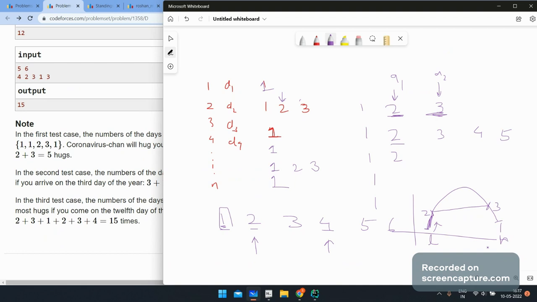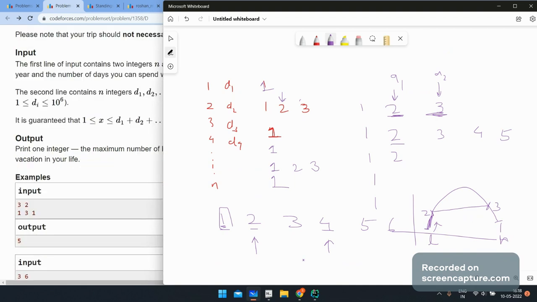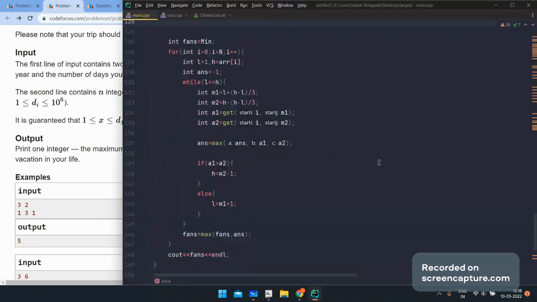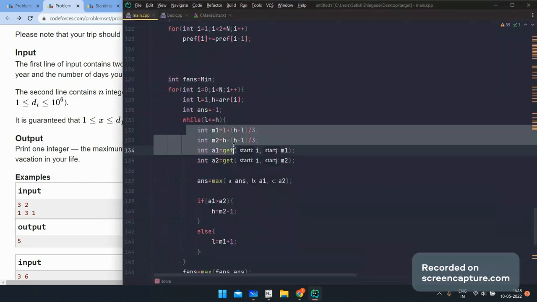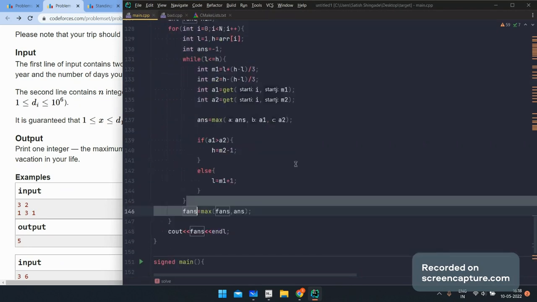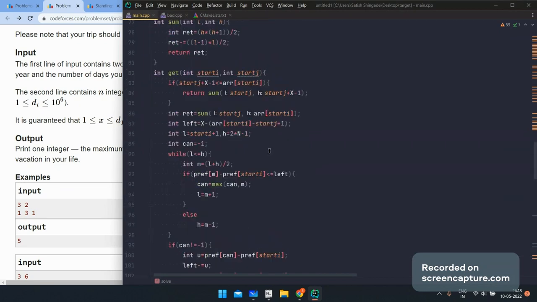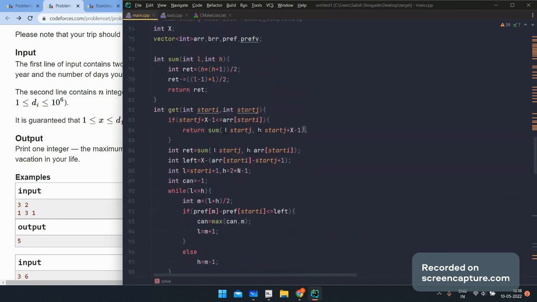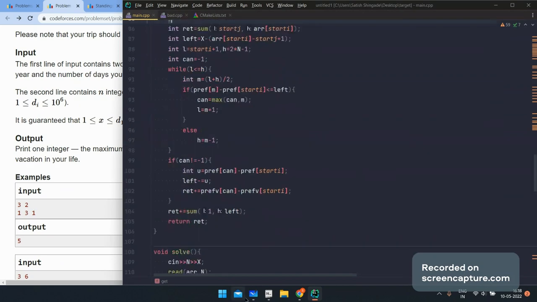So binary search comes into play in this problem, or rather ternary search, which we are doing here, and it is very easy. A1 is the left part, A2 is the right part, and I choose the best of the two. If A1 is greater than A2, then we move the right pointer, else we move the left pointer. The answer is the maximum. The get function is a little bit tricky to solve. There is no tricky point, but it is a little